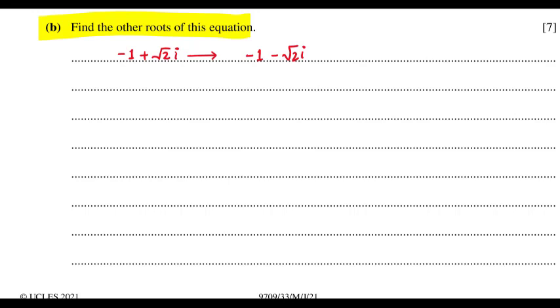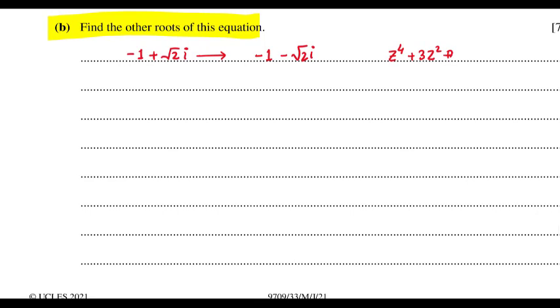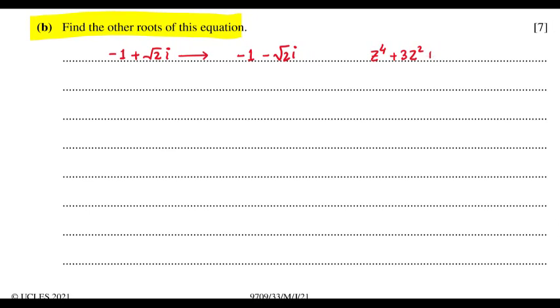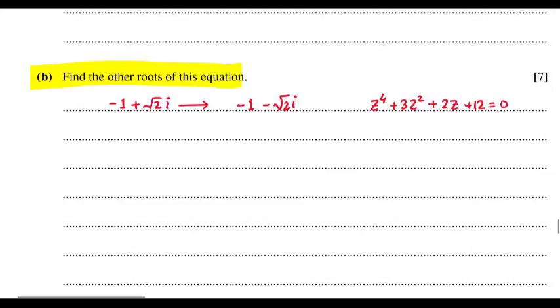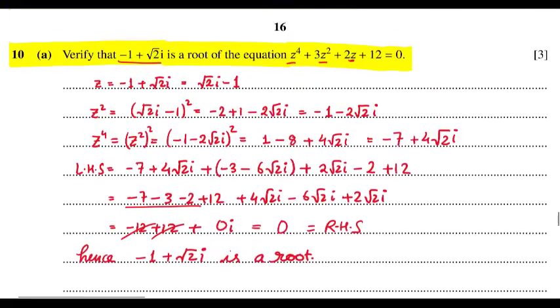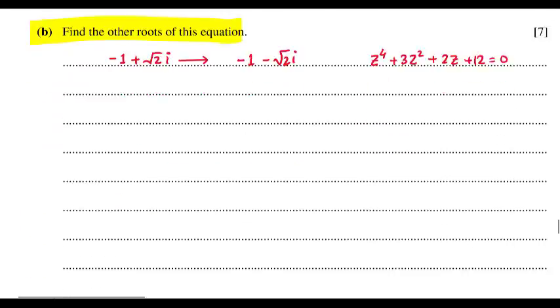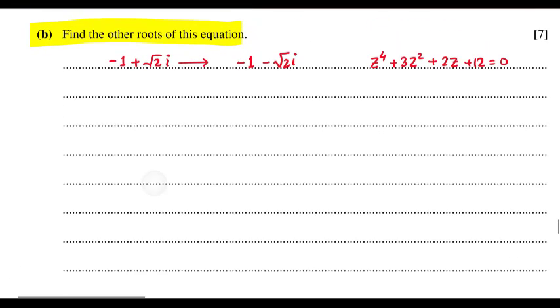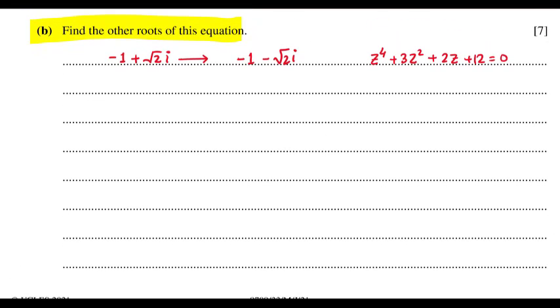Once we have two roots, we will make a polynomial so that we can find the other roots of z^4 + 3z^2 + 2z + 12 = 0. Let's check if it was the same: 3z^2 + 2z + 12, yes. So now